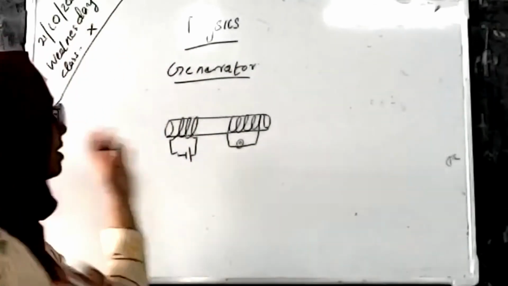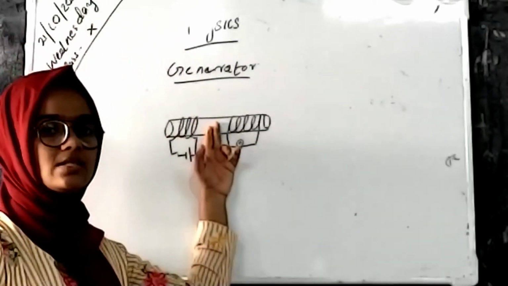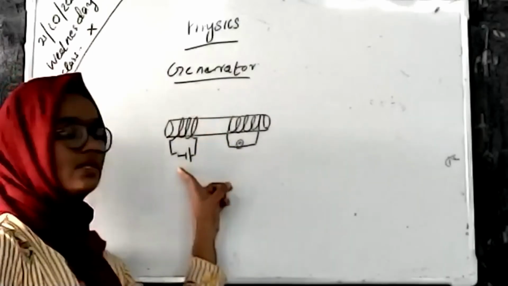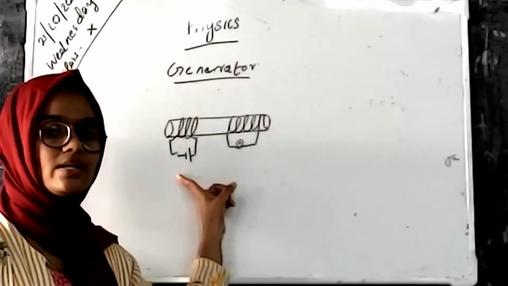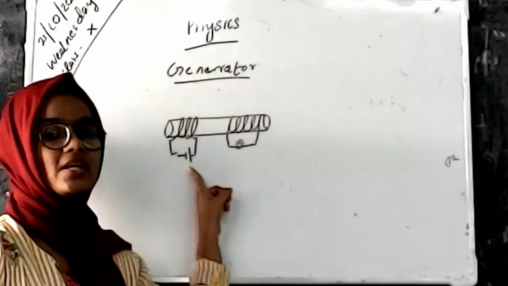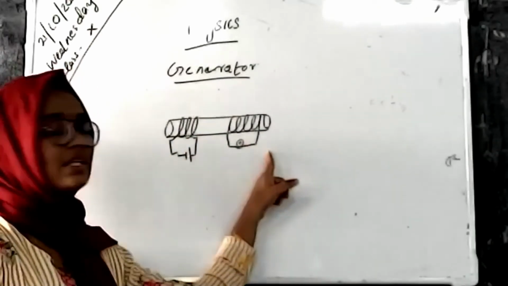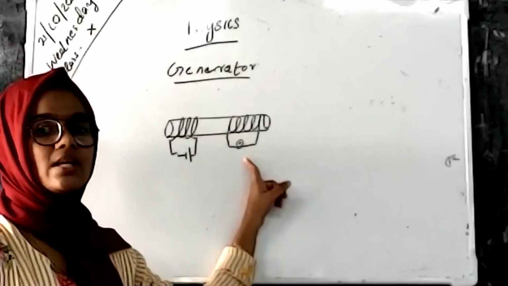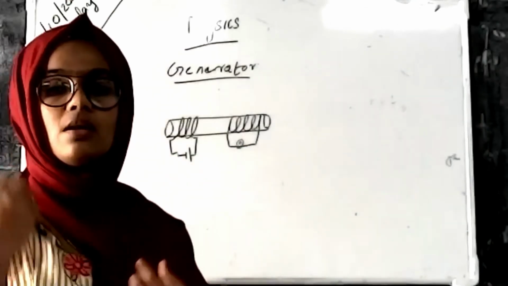The two coils are placed at a distance, and on one end one coil is wound, and this coil has a switch and a cell. But in the second coil a bulb is connected,